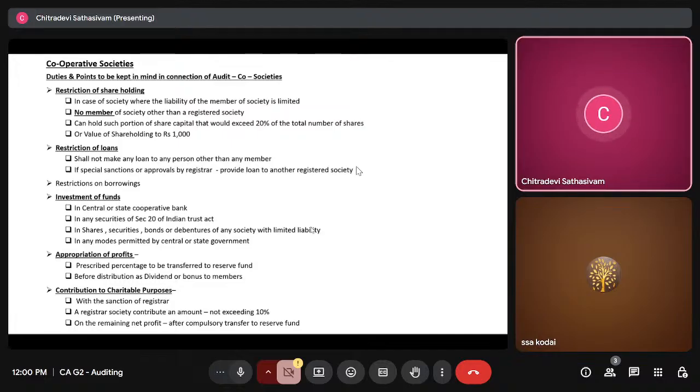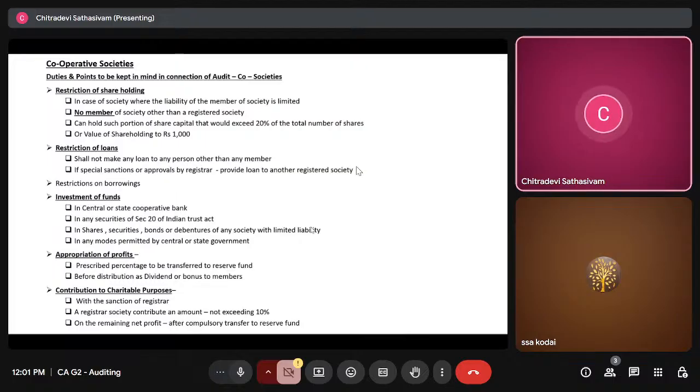First of all, before you appropriate the profit, you have to transfer some prescribed percentage to the reserve fund. We all know when we are preparing P&L for any company, first you will make a provision, correct? And then after you calculate net profit, you do the apportionment to a certain reserve fund, specific reserves, capital reduction reserve, all the reserves will be created, and then finally you go to the retained earnings. For the trust and all, first you have to calculate the prescribed percentage and transfer it to the reserve fund, and then the remaining portion before distribution is given as bonus to members.